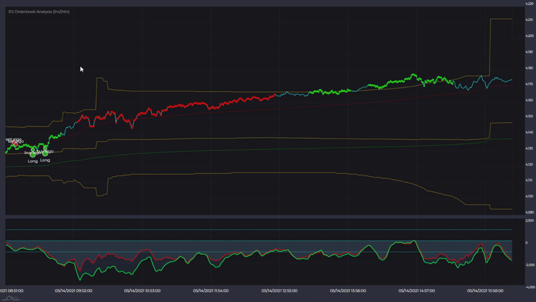So the three most important factors in this tool are basically the colored dots, right? As it says, it's the order book analysis. So what's the order book analysis? Well, when you look at the DOM, or the price ladder, or however you call it, you will notice that, especially on markets like ES, NQ, and other